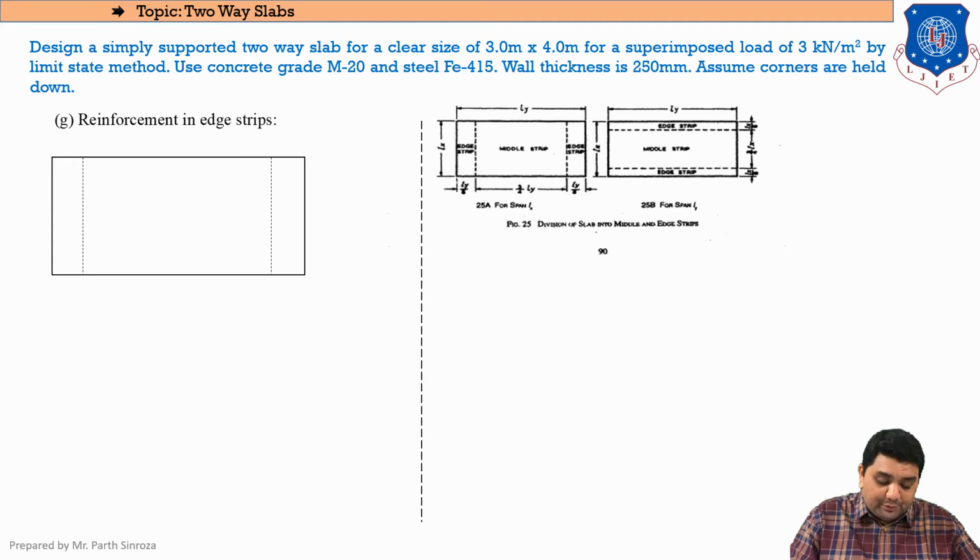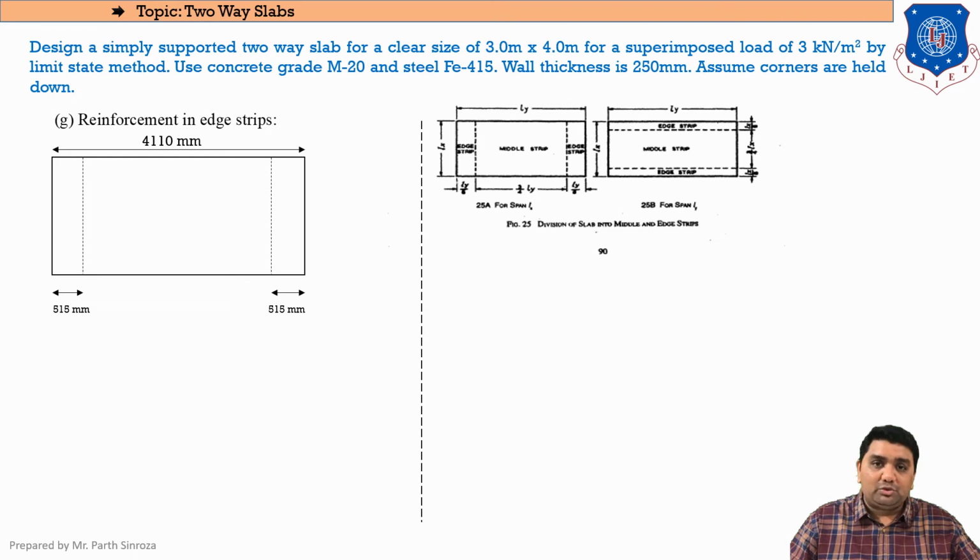So here as you can see, LY distance. So our LY distance in this case was 4110. So we have prescribed here 4110, and you can see here too that the width of the edge strip should always be LY by 8. So our LY in this case was 4110. So LY by 8 will be 515 mm. If you are getting the answer to be 512 or 513, just round it off to the higher value.